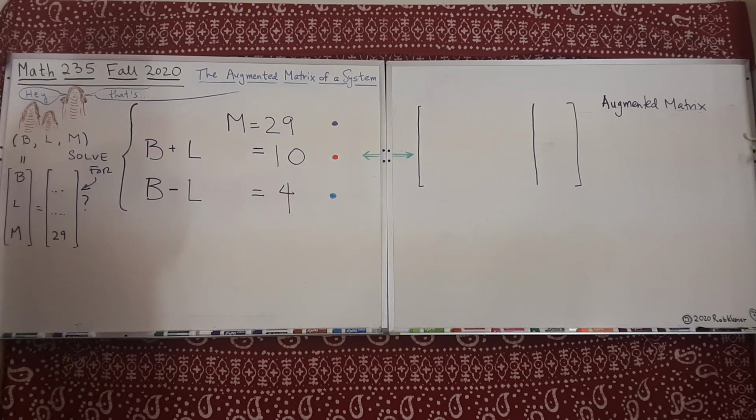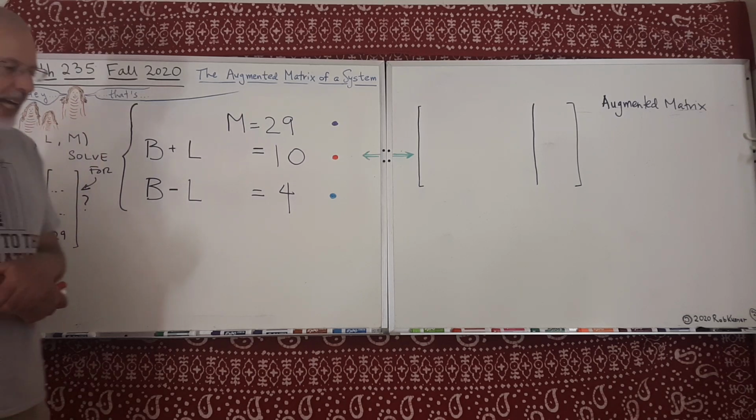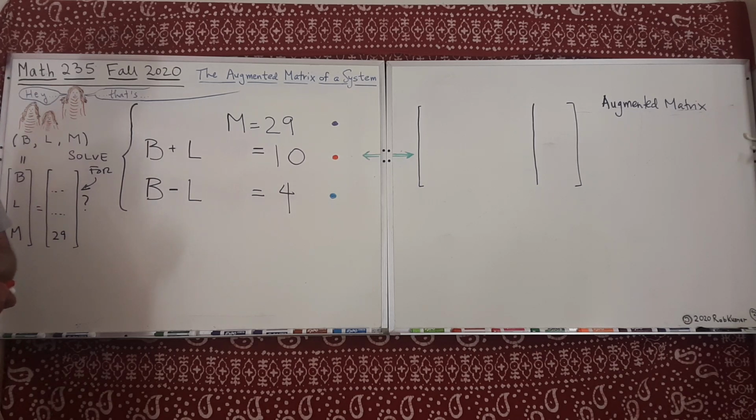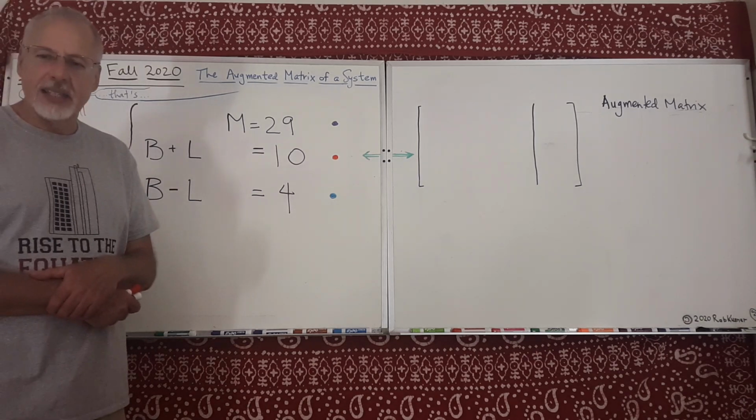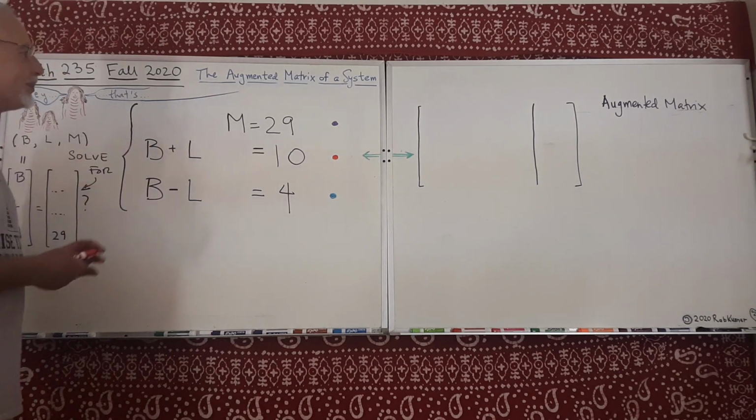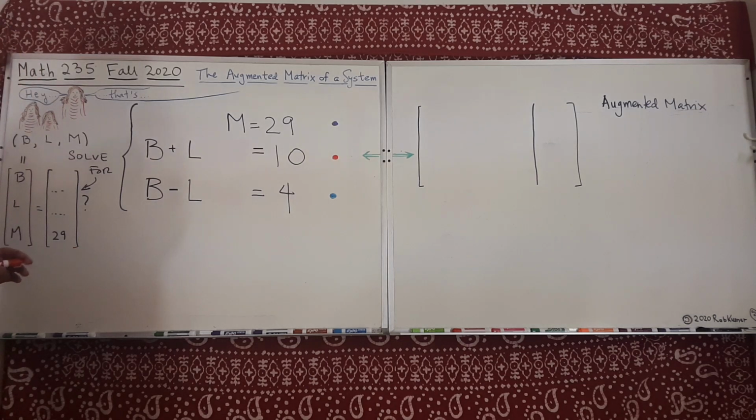And what I want to show before solving the system is a nice way of encoding a system in what's known as an augmented matrix. It's an idea that goes back before Gauss. It goes back to China more than 2,000 years ago, and perhaps to Babylon nearly 3,000 years ago. Anyway, so the idea is that each equation